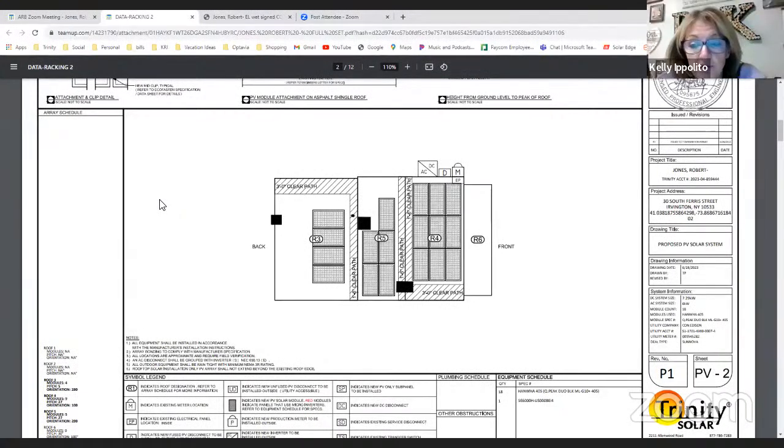I can absolutely have that for my next meeting as well. I have it in front of me, but I don't have it on the screen. I think the shading analysis and pictures of the house would be extremely helpful, just so we can understand the design of the array and the placement of the panels. Sure. The shading analysis is not going to necessarily be part of the plans. It'll just be an additional document. Is that okay? Yes, that's fine. Okay, great.